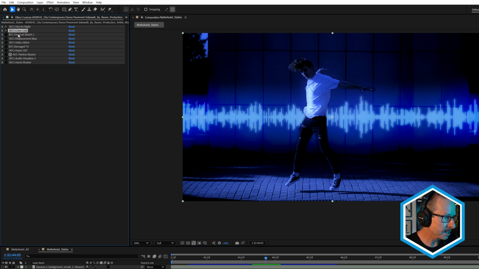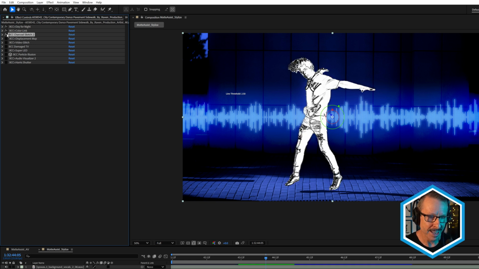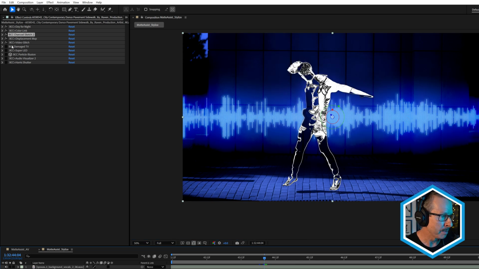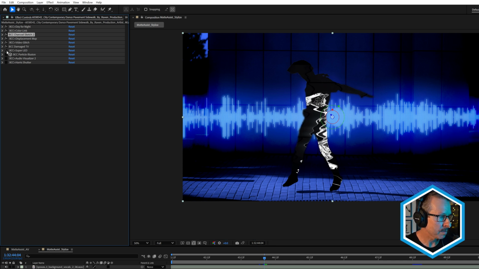And for the next effects, charcoal sketch, displacement map, video glitch, damage TV, super LED and particle illusion, I've actually used the same matte, okay? The same Metassist matte. So charcoal sketch gives us a take on me look, and displacement map and video glitch. Now we might not see that on that frame because video glitch only jumps in on a few frames here and there. You can see it in the final playback. Damage TV, giving it a damage TV look, super LED,